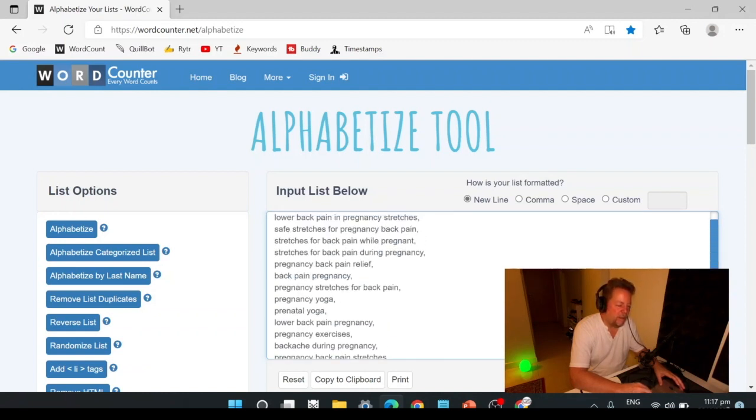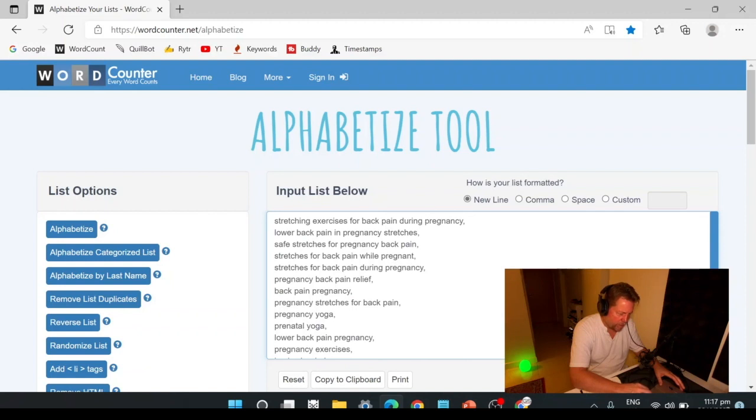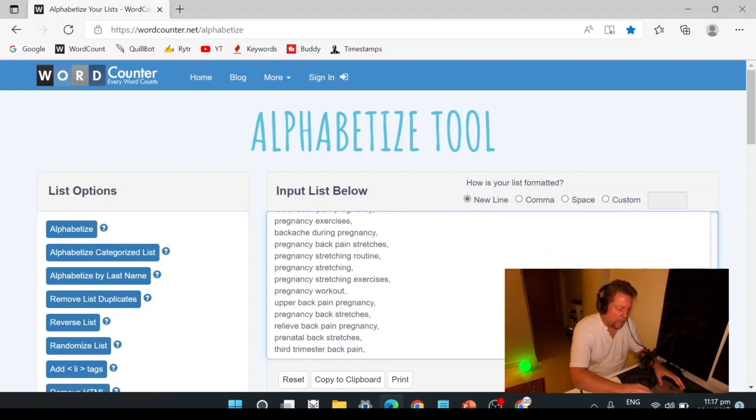So I don't want to look at each individual line. There's like 24 lines here. I don't want to just look at each one, but if there's a double, we don't want duplicates, right? So we want to remove that. So I click over here, and looks like there weren't any duplicates.